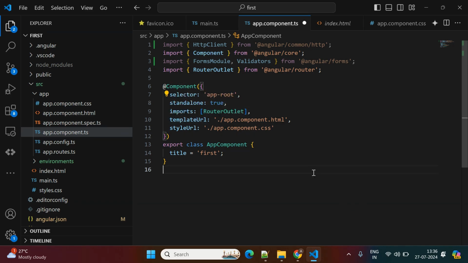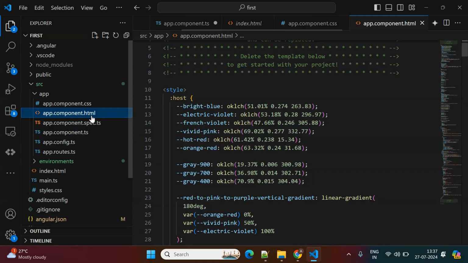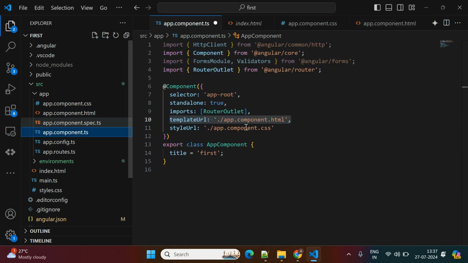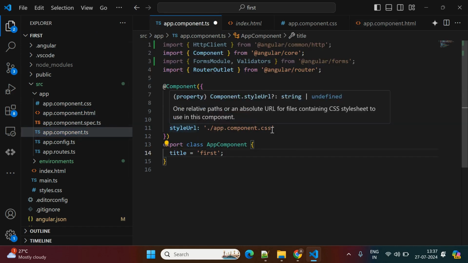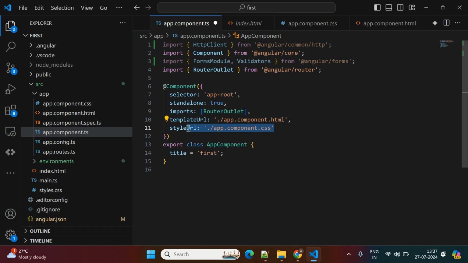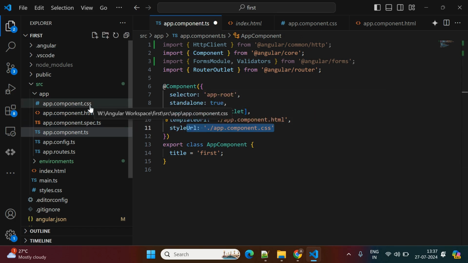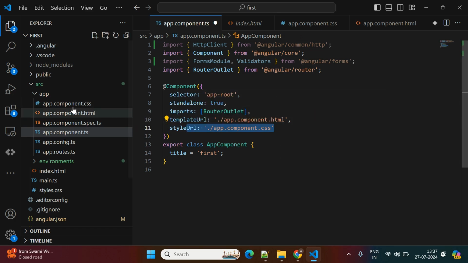Another one is templateUrl. This templateUrl is for this particular component, where we need to define all the HTML tags. Okay, so we are specifying this component's related HTML, like app.component.html. If you see, this is the HTML file. Here we need to specify our HTML code related to this component. Okay, so same with styles also. If you want to write some CSS styles for this one, here the app.component.css, here we need to write